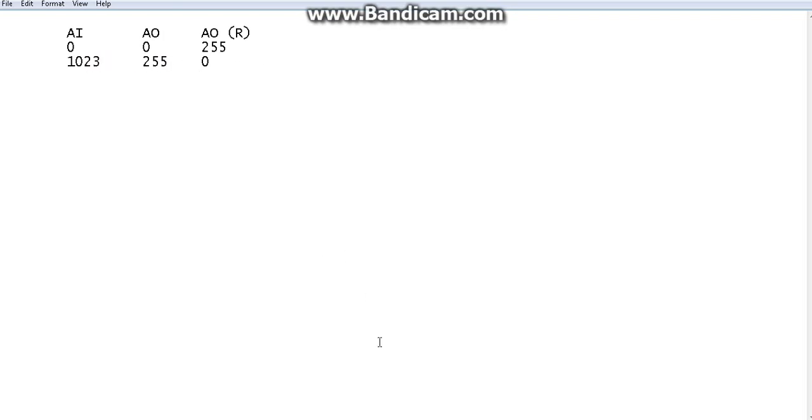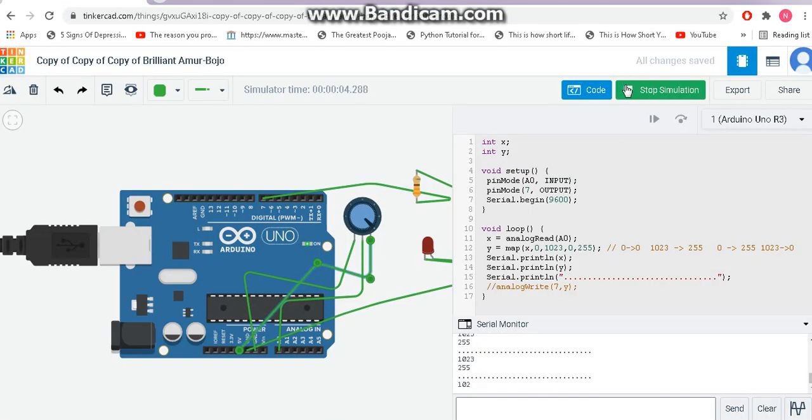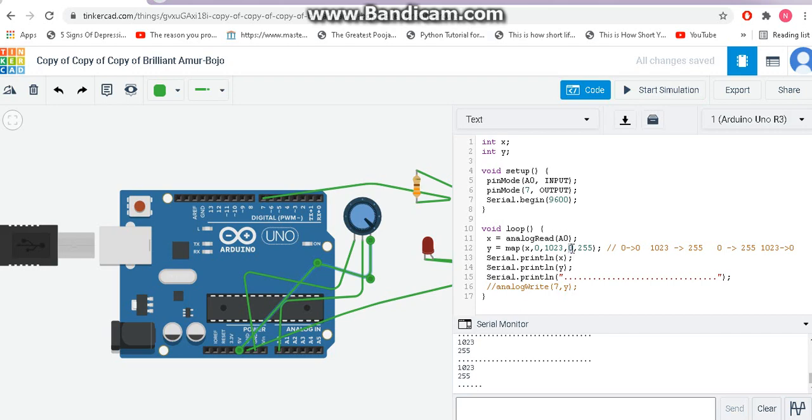But now what we did is we reversed it. So I will reverse again. Reversing was the one that we have been seeing in this tutorial. I made it the proper way just so you can have a comparison. That's why I made it 0 to 255. Now we go back to the reversing again. So I will start the simulation again.